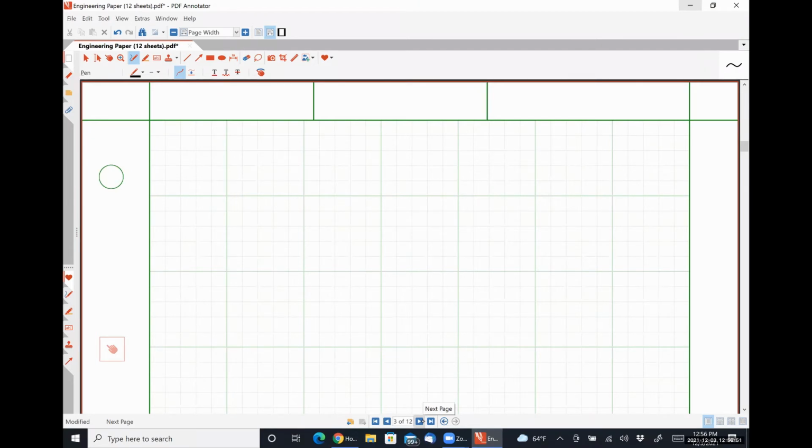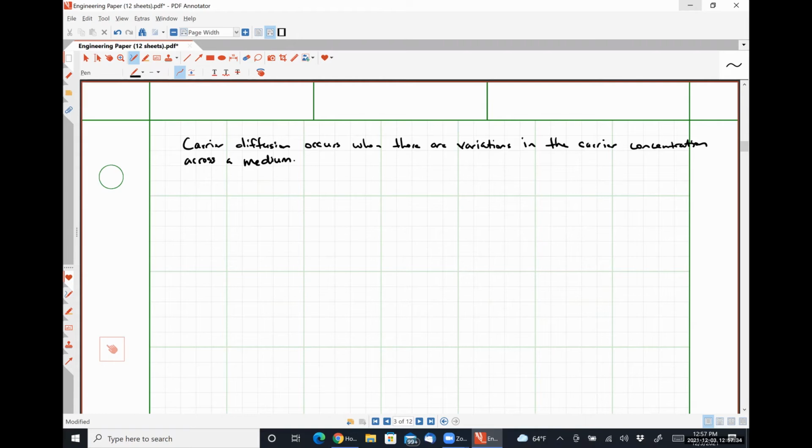So diffusion, or carrier diffusion, I guess would be a better way to do it, occurs when there are variations in the carrier concentration across a medium. When the concentration gradient occurs,